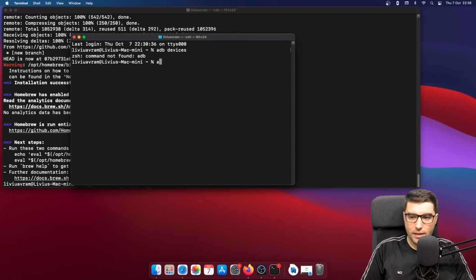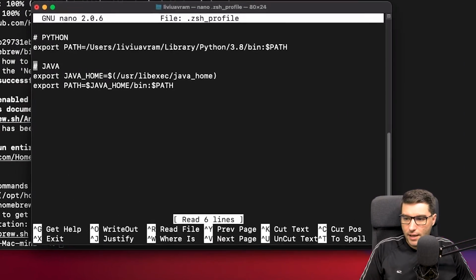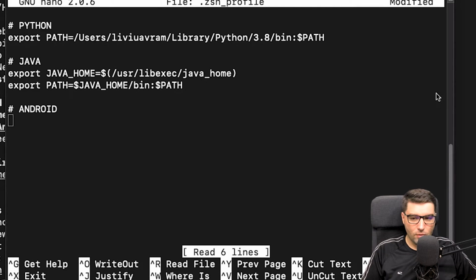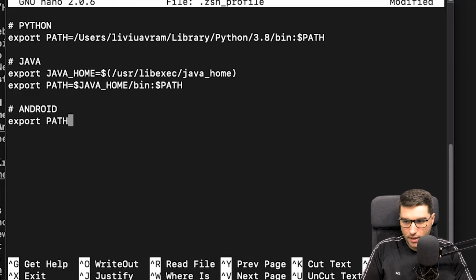So I'll go ahead and say nano dash ZSH profile, and I will create here a new section called Android, and then I will copy the values for the correct paths. So for Android Studio, it will be export path.